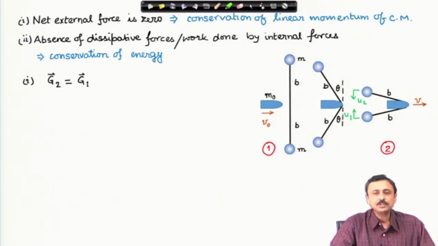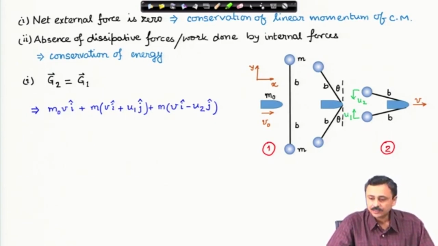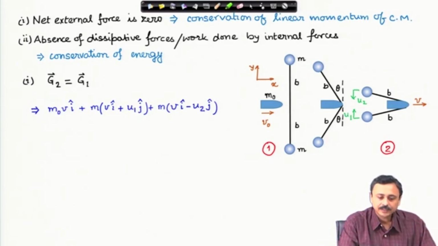Now, from the first condition of conservation of linear momentum, I must have that the net linear momentum in state 2 must be equal to the net linear momentum in state 1. In state 2, what is the net linear momentum? It is m naught, which is now travelling with velocity v i cap. Now, I am using the coordinate system shown here, x y. The whole motion of m naught was taking place in the x direction. Therefore, its linear momentum in the final state when theta approaches 90 degree is m naught v i cap